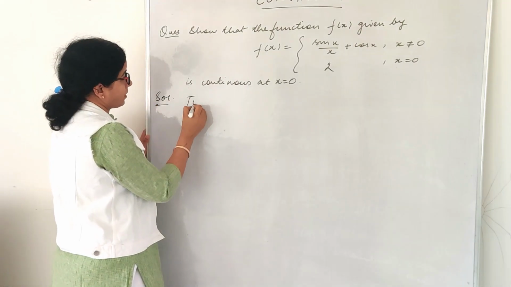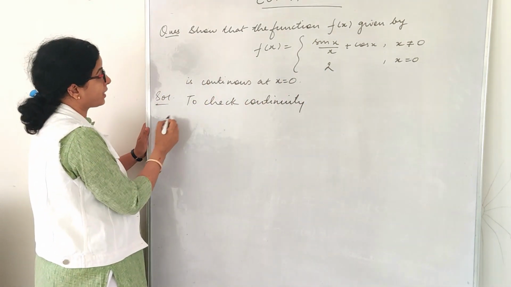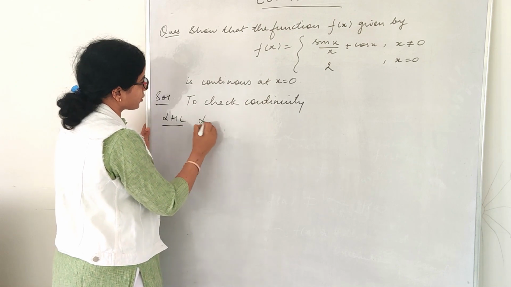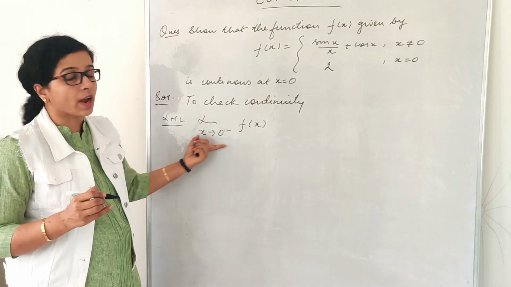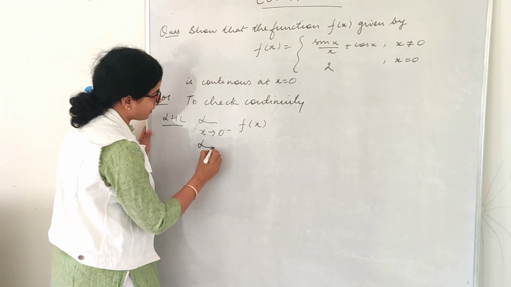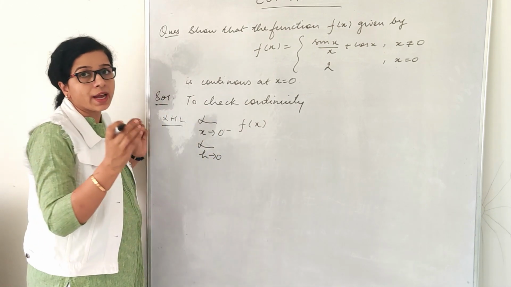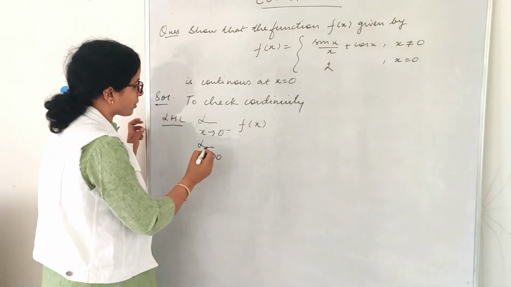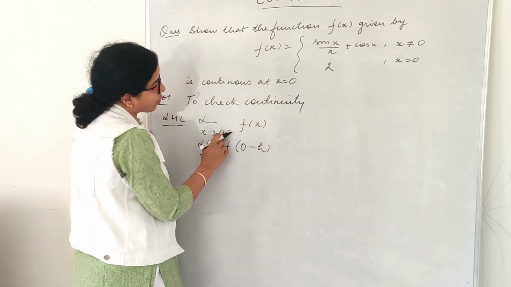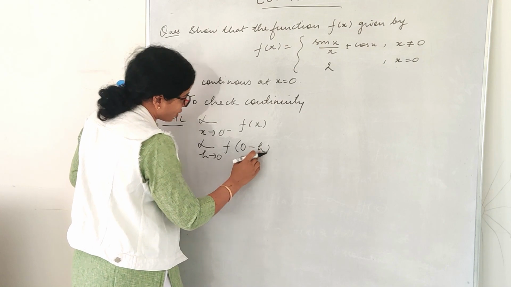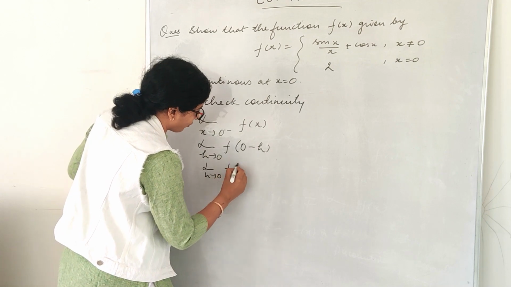So to check continuity, we already have the value of the function. We have to check the left hand limit and the right hand limit. So I am checking the left hand limit: limit x tends to 0 negative f(x). Please pay attention to how we have to solve. Limit h tends to 0. When we are talking about the left hand limit, some very small part has been taken away from 0. So I am writing limit h tends to 0 f(0 minus h), because we are taking away some very small quantity from 0. So 0 minus h means towards the left hand side of 0. Limit h tends to 0 f(minus h).